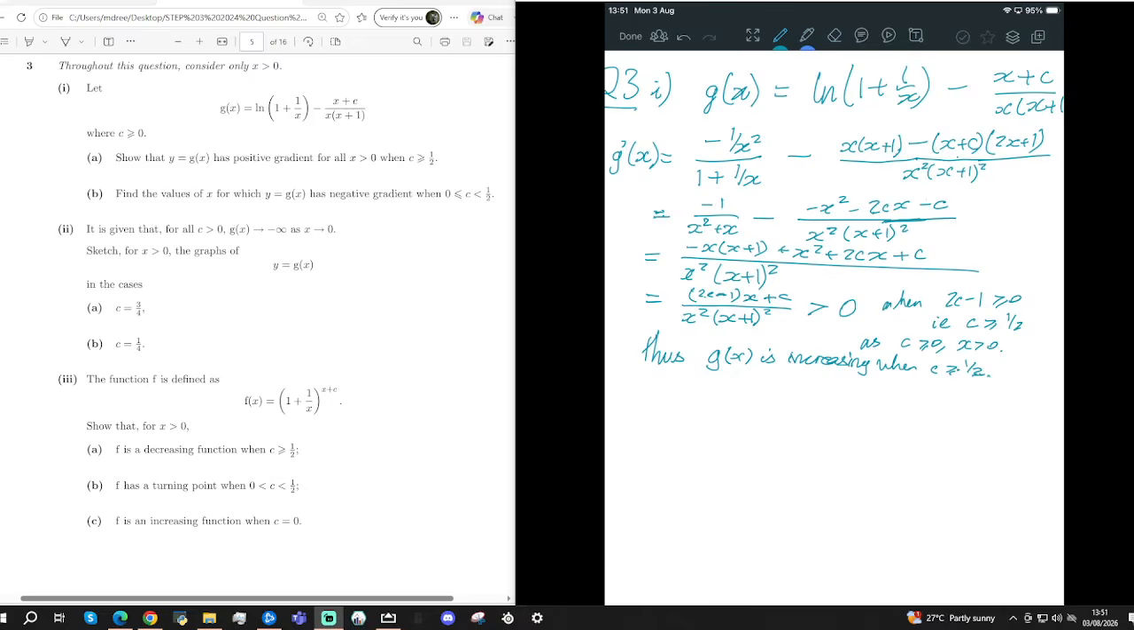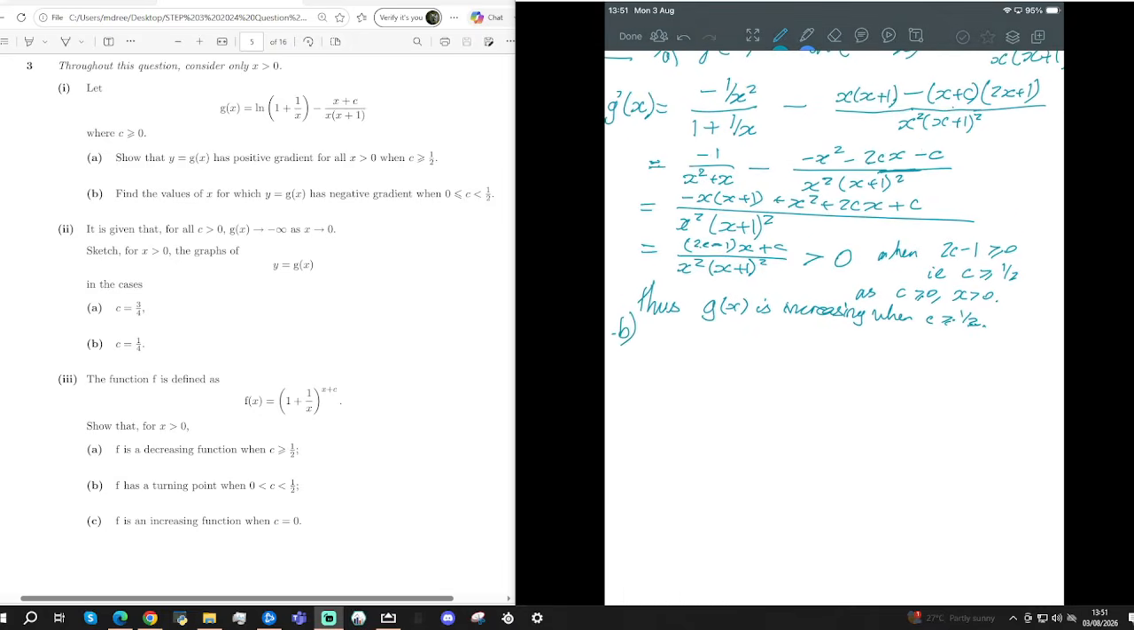Nice. Okay, so this was part A. We now want to consider the case when c is between 0 and a half, and then we want to find out when that has a negative gradient. So one thing to notice is the denominator here is a squared, so it's always positive. So we can say g of x has negative gradient precisely when